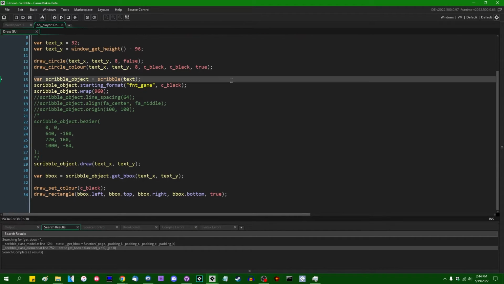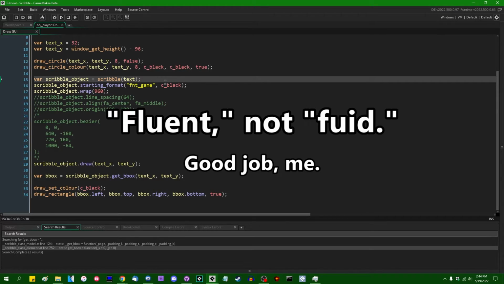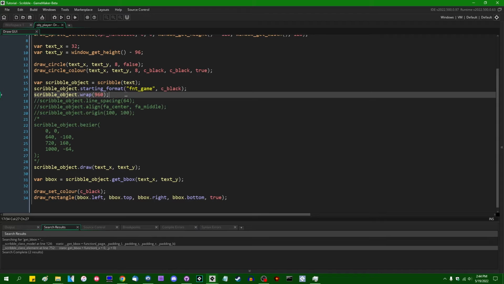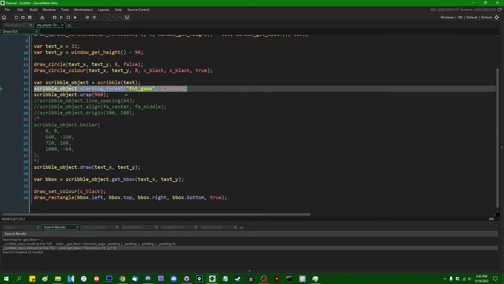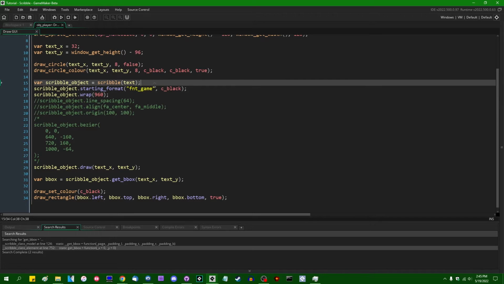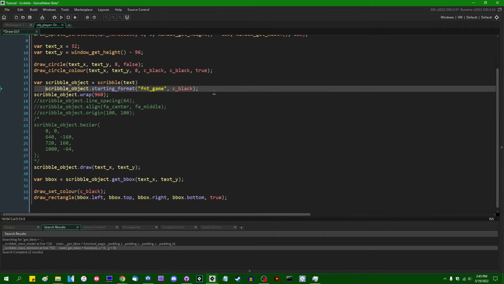All right. So one more thing before I go. Scribble is designed in what I believe the professionals like to call a fluid interface, and that means that every one of these methods returns a value, even if it doesn't appear to need to, such as .starting_format or .wrap. These don't appear to really need to return a value, but all these methods return the Scribble object itself. So what you can do is, instead of saying Scribble object equals Scribble, Scribble object.starting_format, Scribble object.wrap, you could instead say